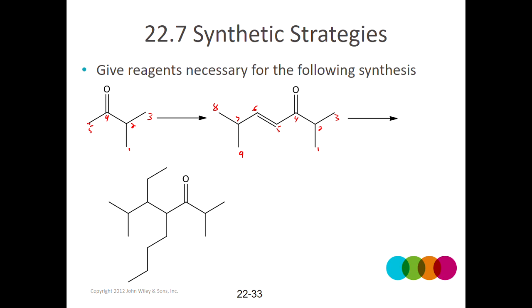In this particular case, if I add a small base, it might pick this proton off, because the enolate will be more substituted with carbon groups. So I need specifically LDA, something very sterically hindered, to pick off this proton to form the enolate on the right carbon. Once that forms an enolate,